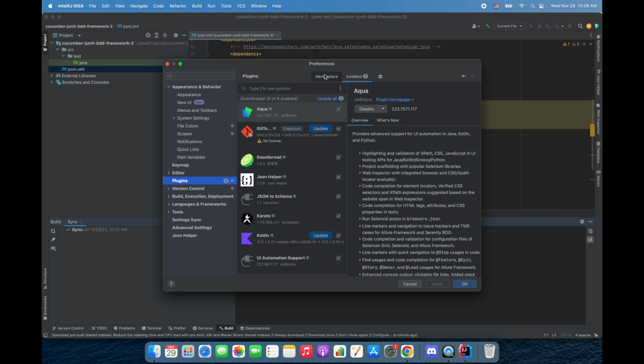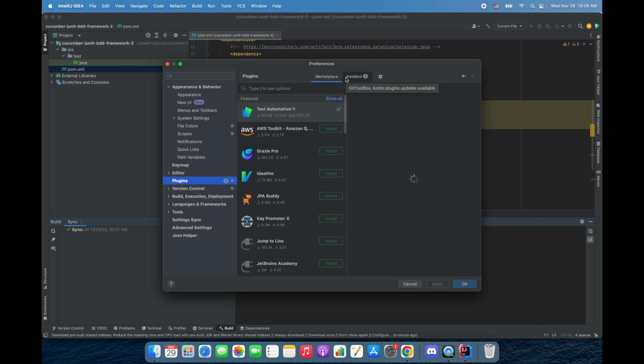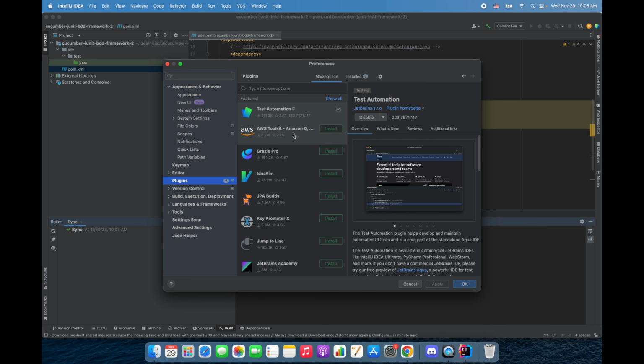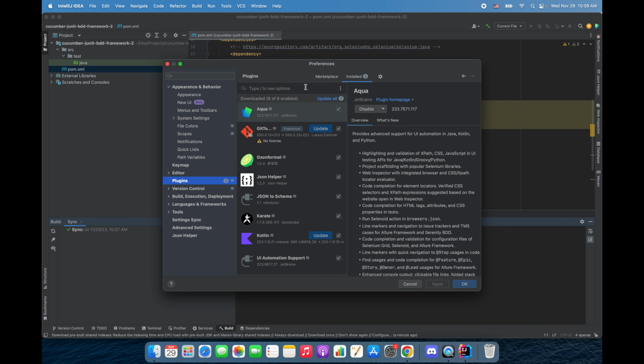And you see we have Marketplace and Installed. In Installed, we have everything that is already in our project, and in Marketplace, everything we can download, which is not installed. If you see this green Install button, it means it's somewhere else. It's in Marketplace. Let's go ahead and hit install,